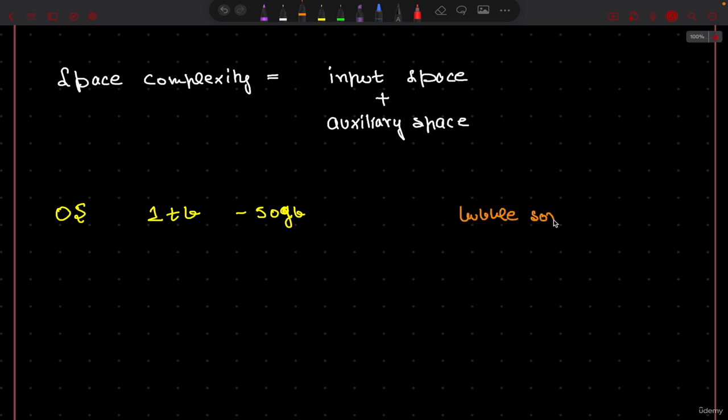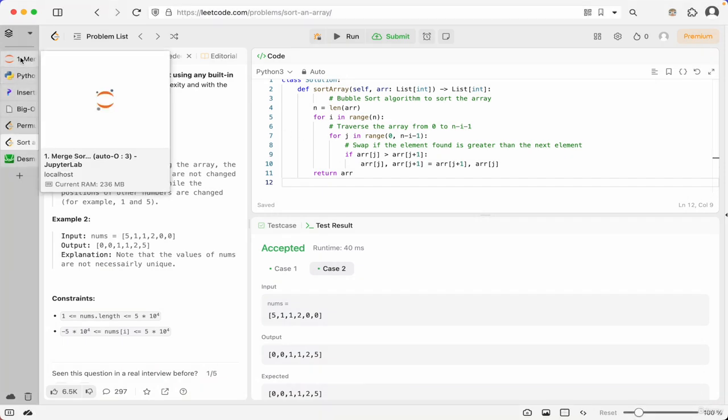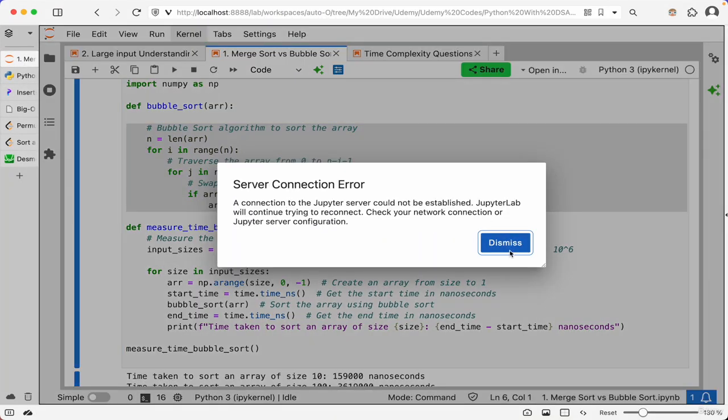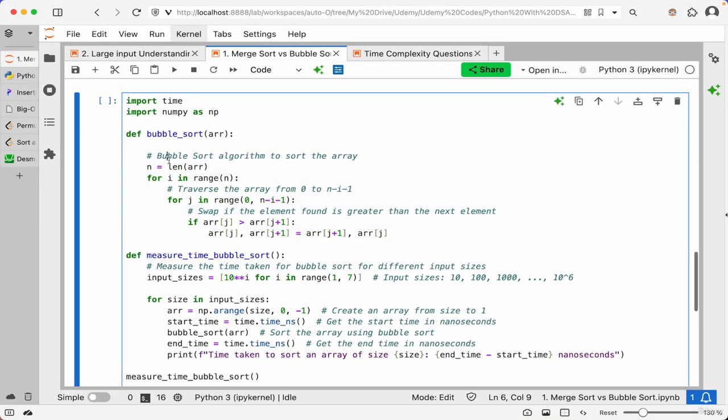Bubble sort, insertion sort. Now, many of you might think that Mayank, we were using some space, like I was defining different variables, right? So you will say that, hey Mayank, we are defining this n, right? So how are you saying that we are not using space? Well, the reason for that is this n which you are defining, right? That is again a constant space